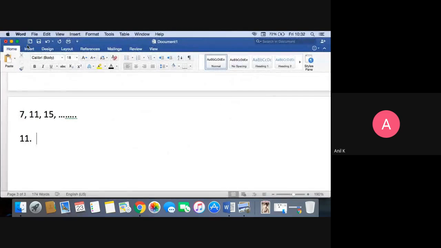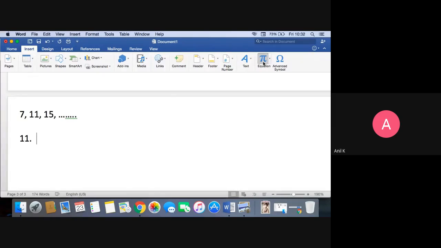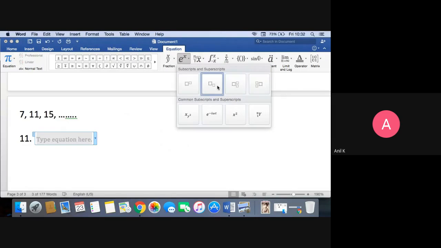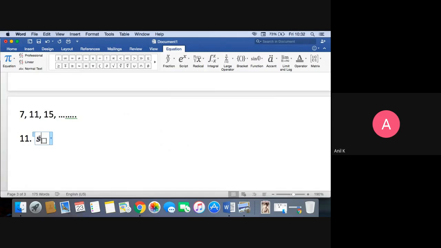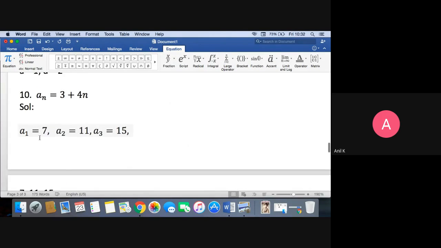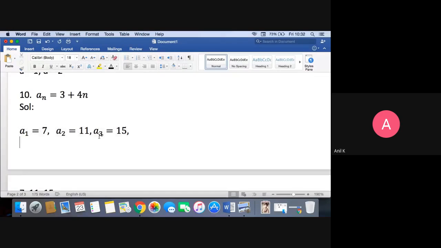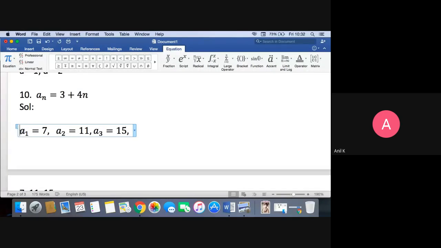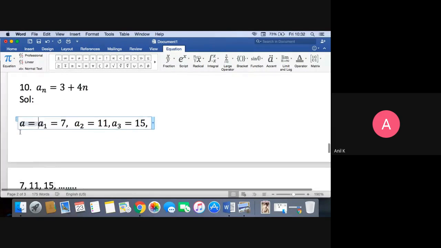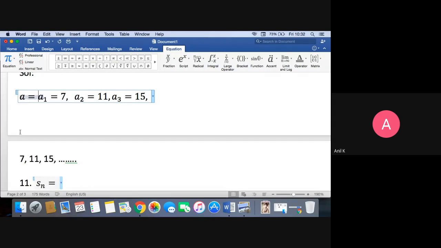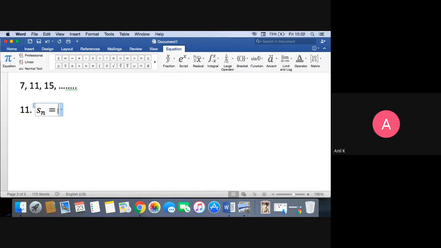Okay, let me show you. This is a little bit tricky. Sum of n terms, Sn. In the previous question, the 10th question, the nth term a n was given, so I directly substituted n value as 1, n value as 2, n value as 3. See here, a1 is nothing but a only. That you have to remember. Whether I say a or a1, both are the same, both are the first term. Now here Sn is given as